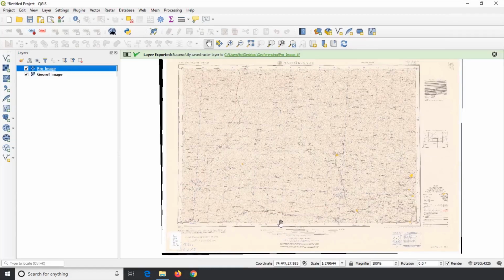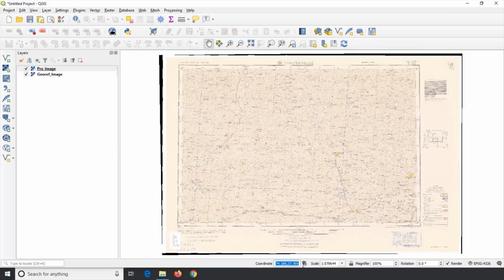Move the cursor on the map and see the coordinates on the status bar. Still it is showing the latitude and longitude values, which belong to the geographic coordinate system. As this project was working with the geographic coordinate system, it shows the latitude and longitude values even after opening the projected coordinate system map.